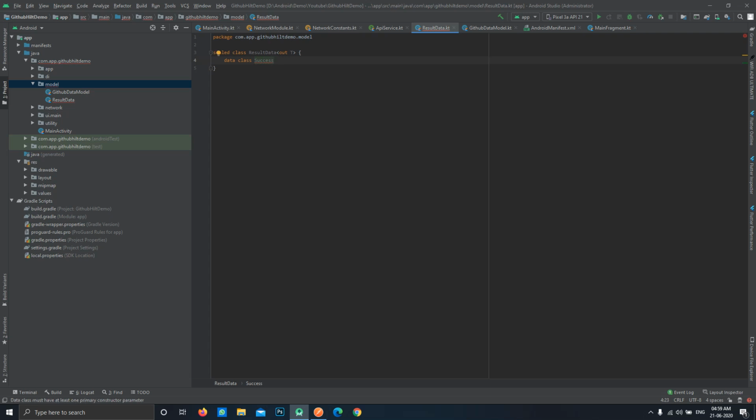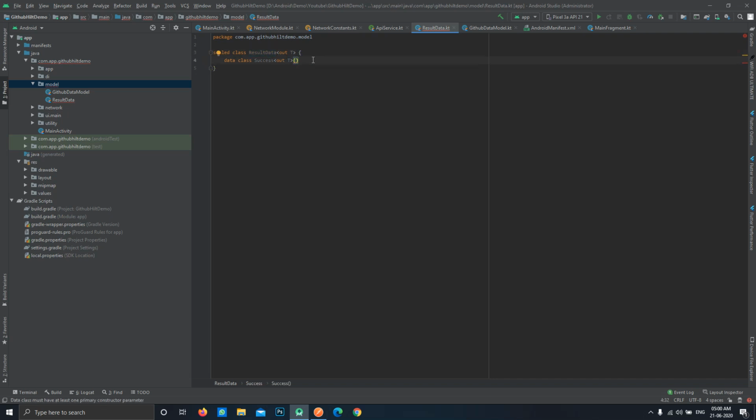This will show that the API has completed successfully, and if it has, it should obviously return the data class. So we'll again be using this generic type over here, that is out T. This tells it that it has to return this type. The data returned is of some generic type, and where we use this data class, we will specify the type there.